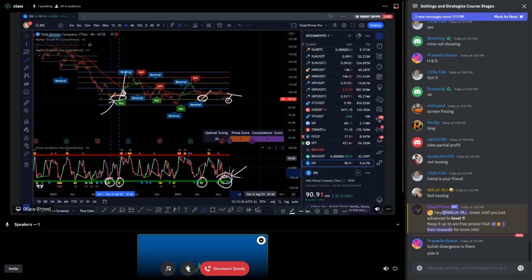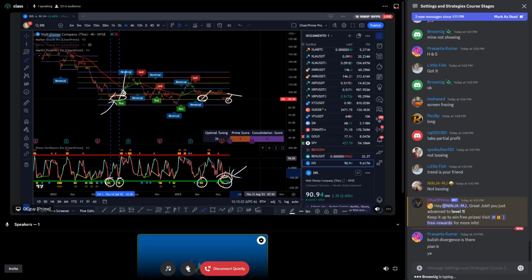And not losing also means moving your stop loss to profit as soon as you have your first candle in the green. Not losing means that you should be taking early profits. This is key, early profits, right? Early profits, it's key in not losing. It's key of winning. And then once you basically have those 5 to 6 points, you're golden.